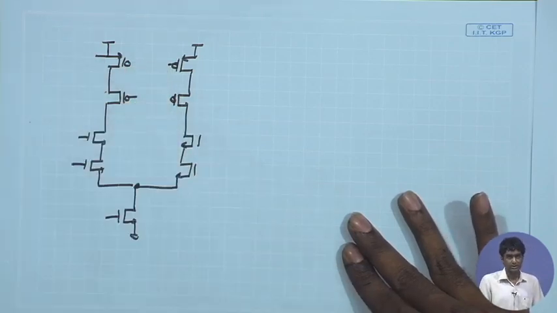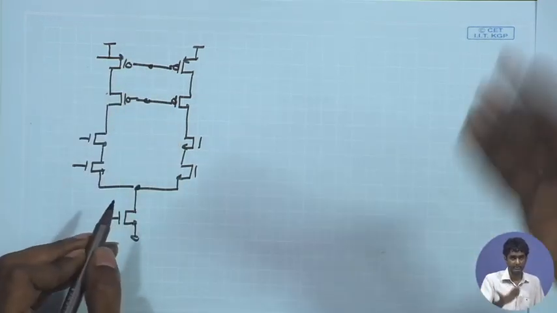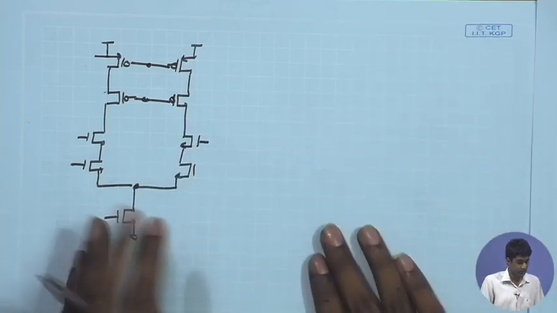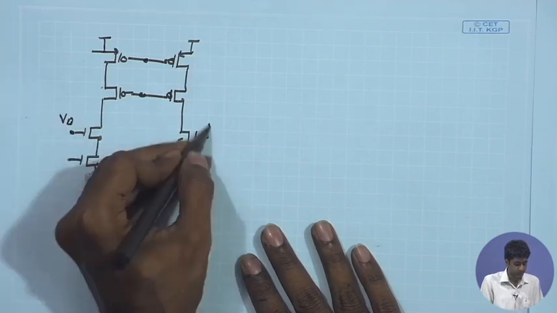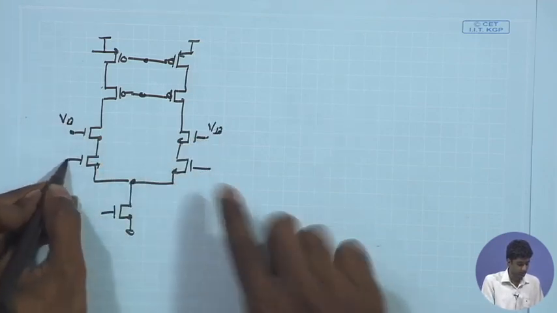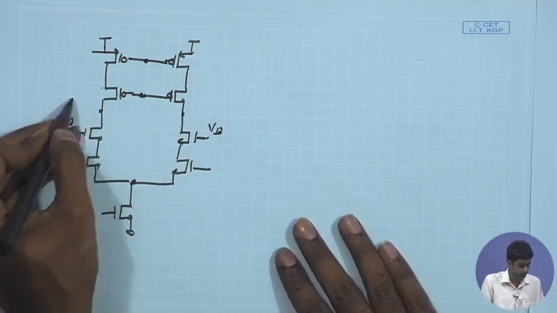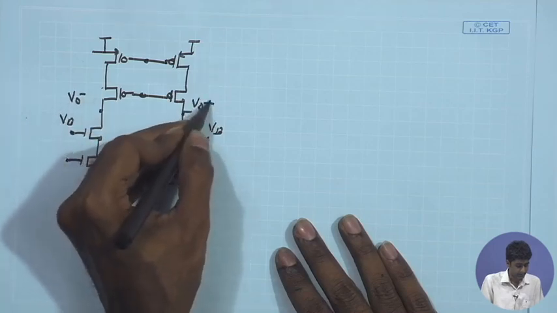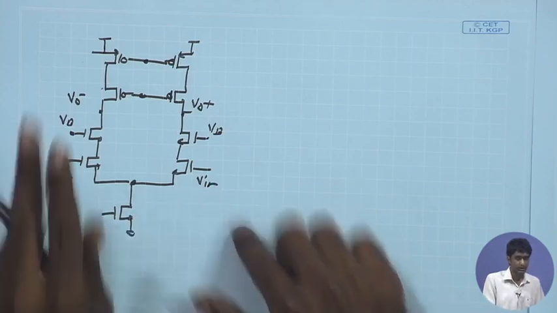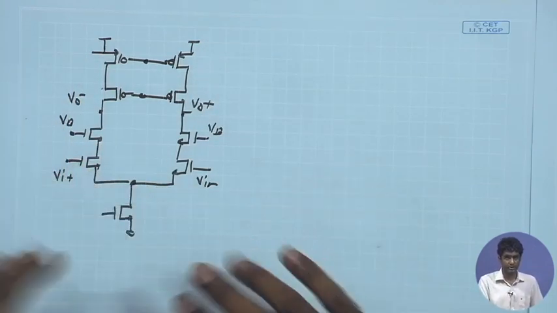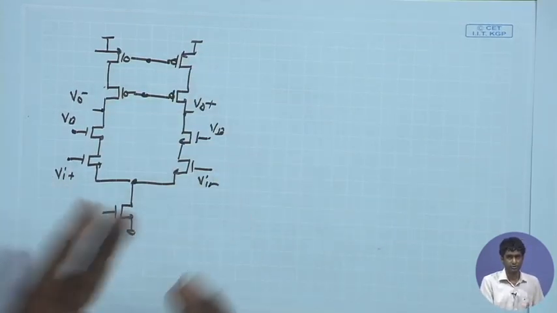Now, these two gate voltages can be biased with the help of some common mode feedback scheme that we can discuss, just like we do it for our normal differential amplifier with active load. And again I need a proper bias point over here. So I need a proper bias point for these devices, and also I need to set up the bias point at the gate, and then I have my outputs over here, VO minus and VO plus, if this is the VI plus and this is the VI minus. So this is the corresponding differential scheme for the cascode stage,